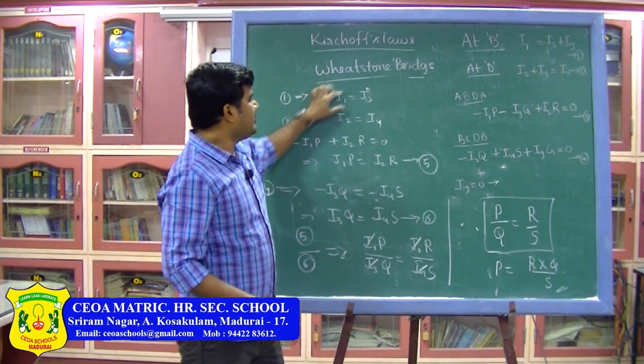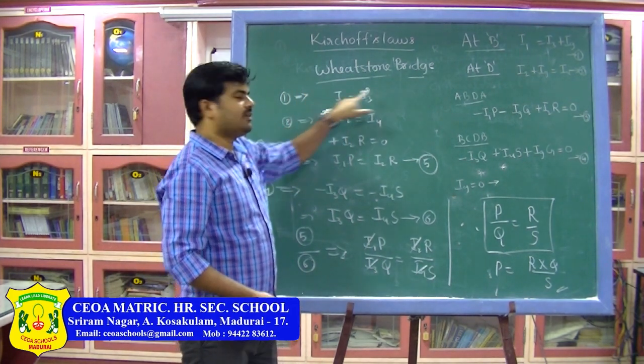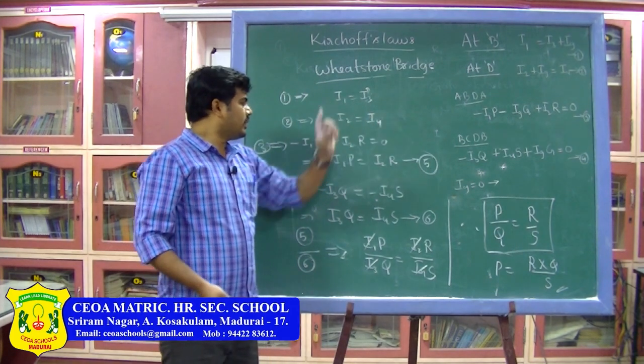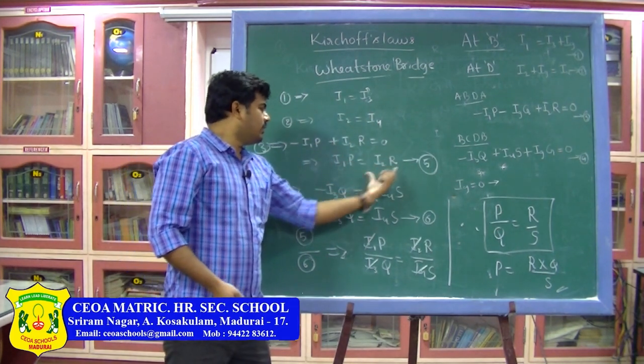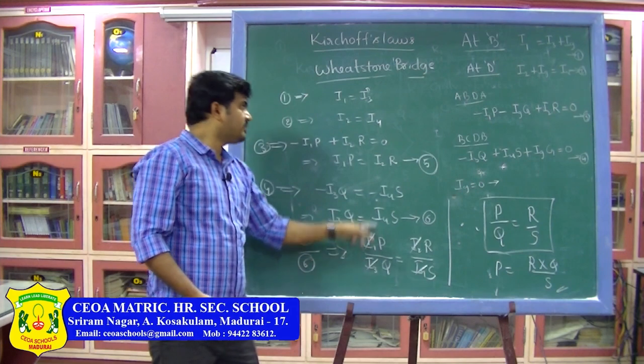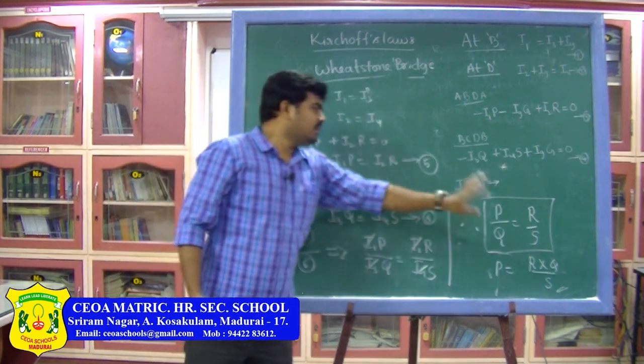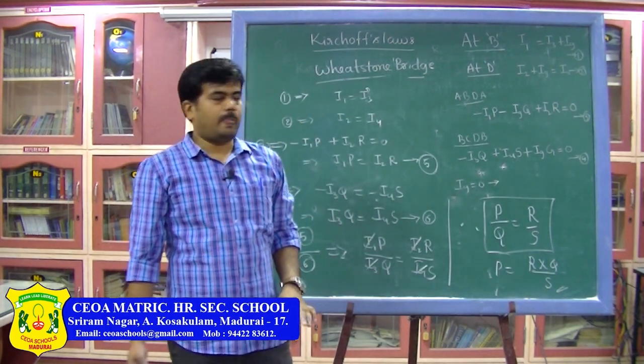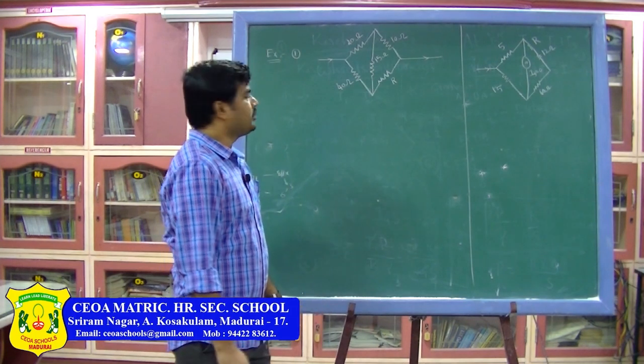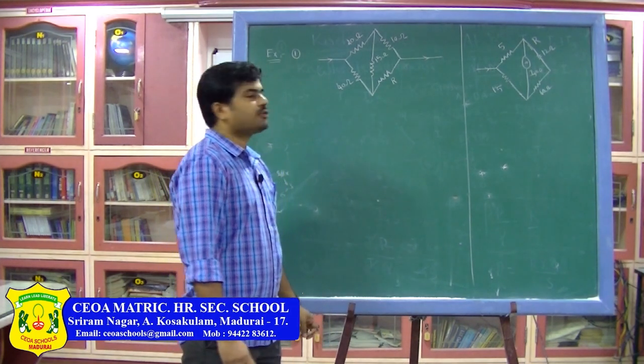Then using that Ig equal to 0, we obtained these equations, I1 equal to I3, I2 equal to I4, then equations 5 and 6. Dividing 5 and 6 and using these values, you will arrive at the final required condition. Now, let us discuss some example problems based on Wheatstone bridge network.